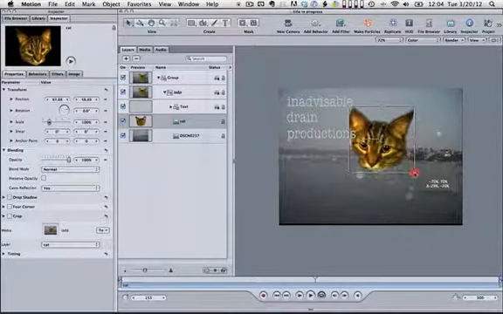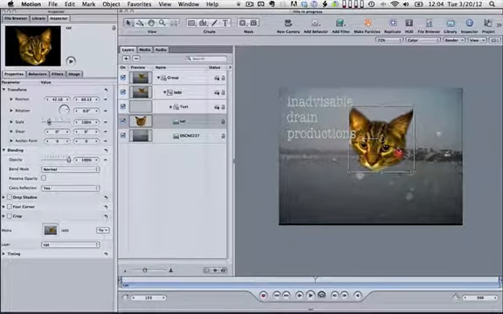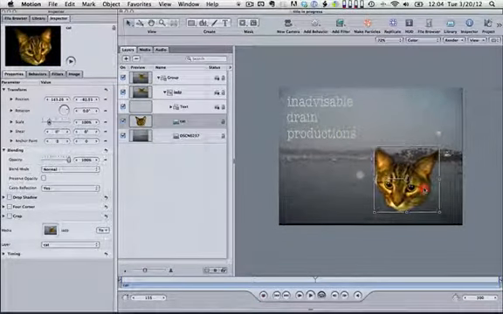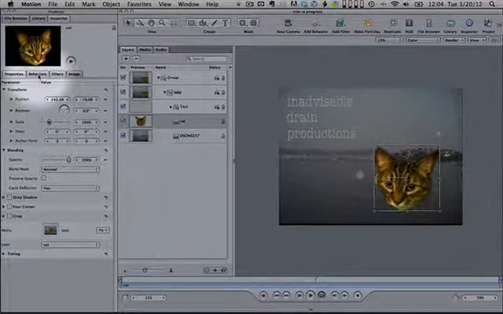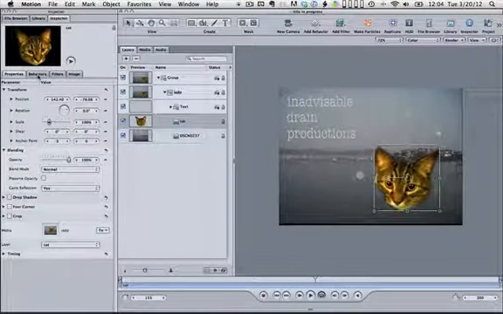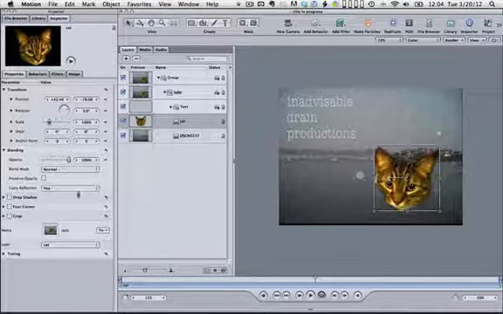I'm going to flip it over horizontally. So I'm going to scale him down and look at him, make sure he fits where I want him to fit. And let's go over here and look at our properties over here. So one thing I thought was kind of nice on the original was the drop shadow. So if you look down here, these are some of the things you can do with this